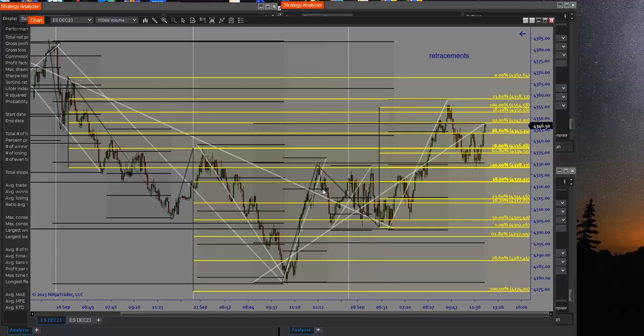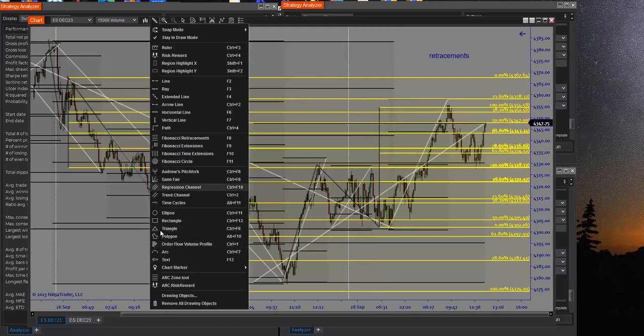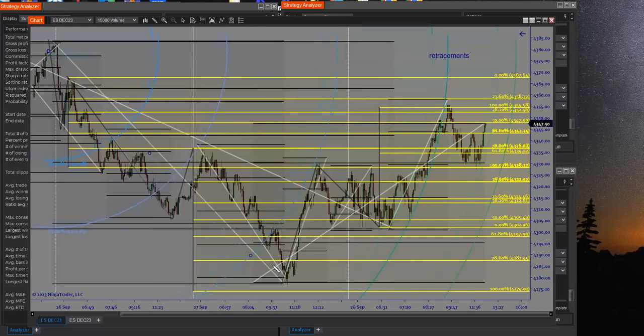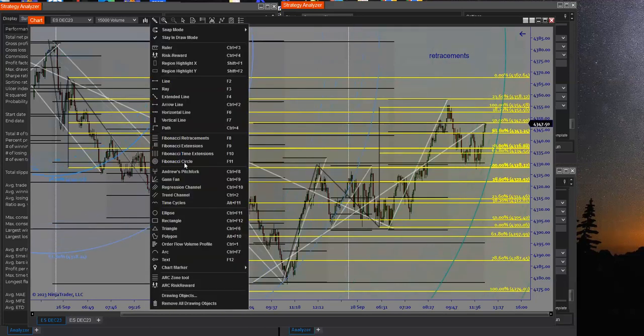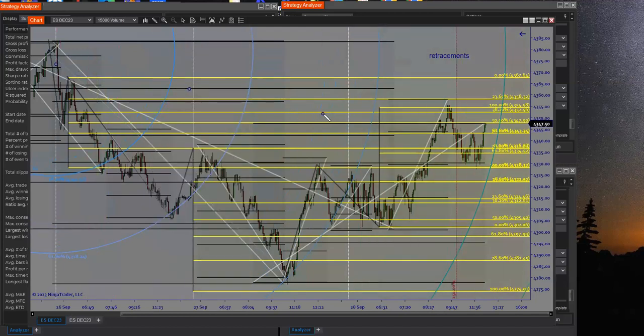Fibonacci is a mathematical sequence that has ties to the universal laws of our world. The Fibonacci sequence is a mathematical concept that cannot be ignored or denied. But what can be understood is that if I were to take more Fibonacci in here, let's just do Fibonacci circles. Let's bring it in. And then let's go into the extensions. Fibonacci retracements, time extensions. Let's bring them across. I got a whole whackload of Fibonacci information, but I can't understand it.